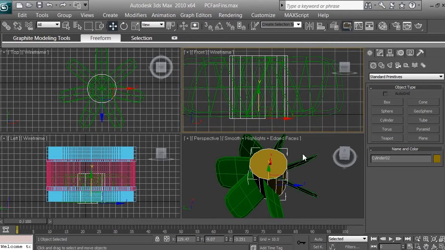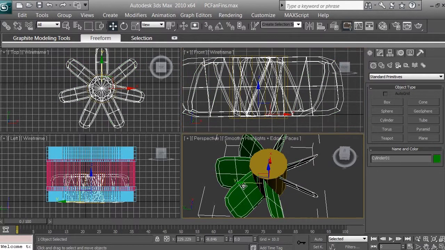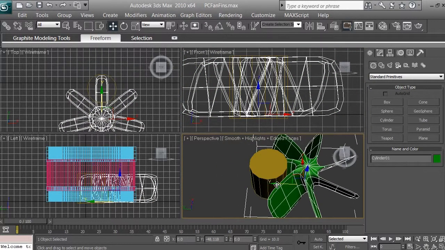Okay, so let me demonstrate something to you. When you're going to move your fence, the cylinder